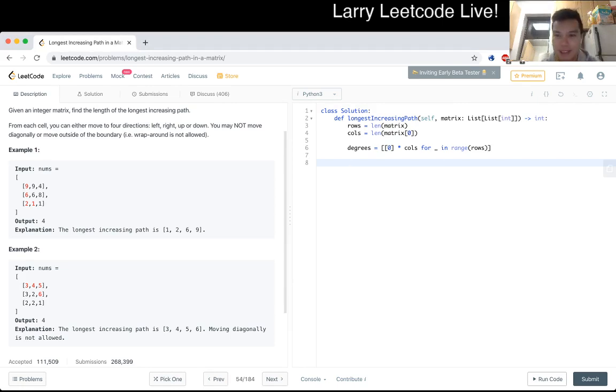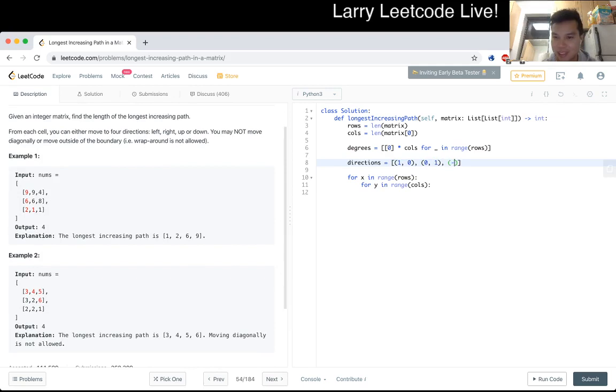But yeah, okay. For x in range rows, y in range columns. Let's just set up that handy direction thing. No diagonals, but I think it said no diagonals like a couple of times actually. Okay, so for dx, dy in directions, okay, now we want to set